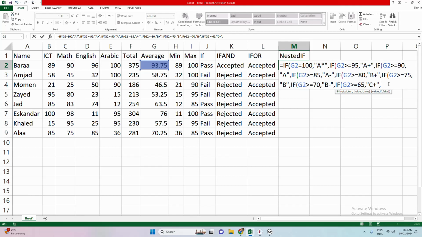C plus, we're almost finished, comma, the if statement, double click it, G2 again, greater than or equal to 60, comma, double speech marks, inside it, C, move outside, start another if statement, double click it for G2 greater than or equal to 55, comma, double speech marks, and then the value if true is C minus,